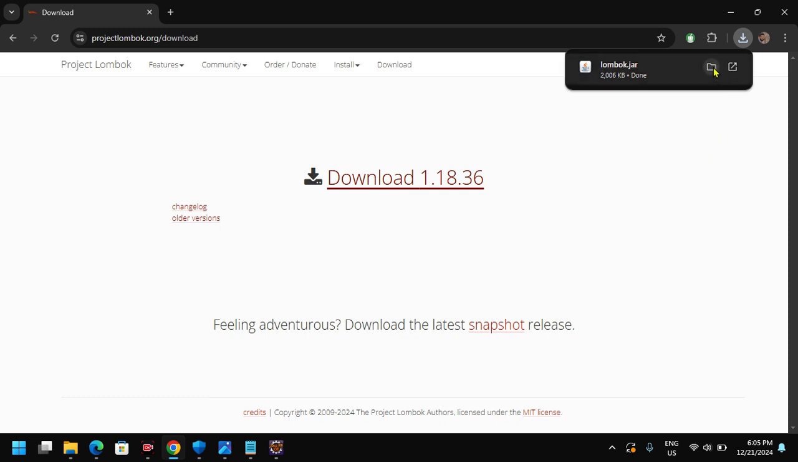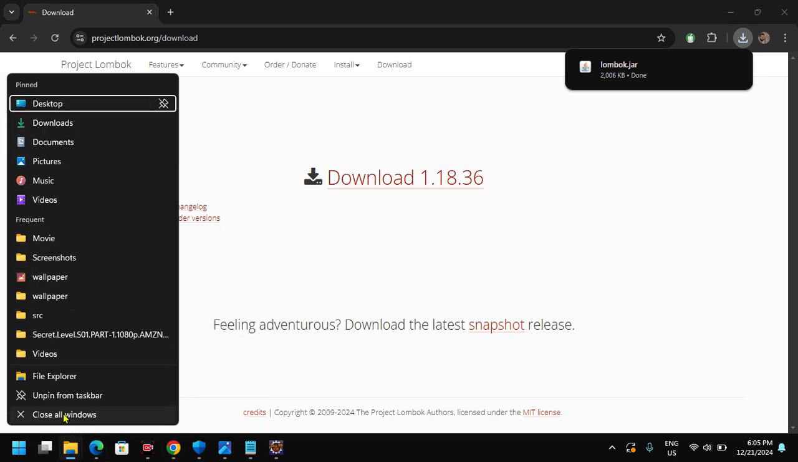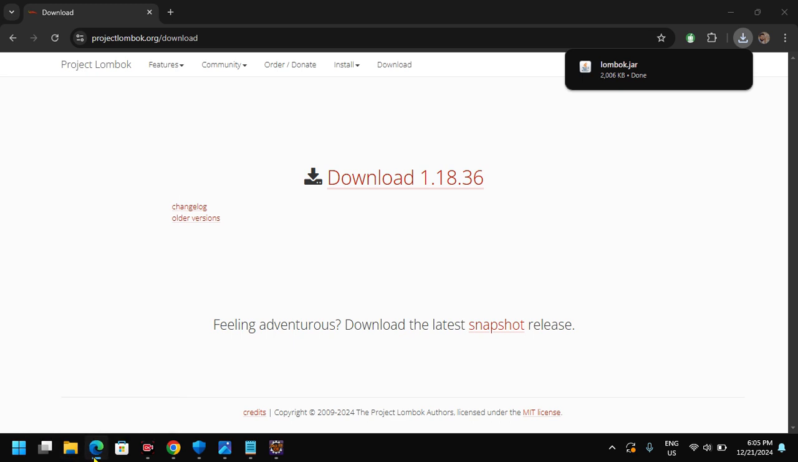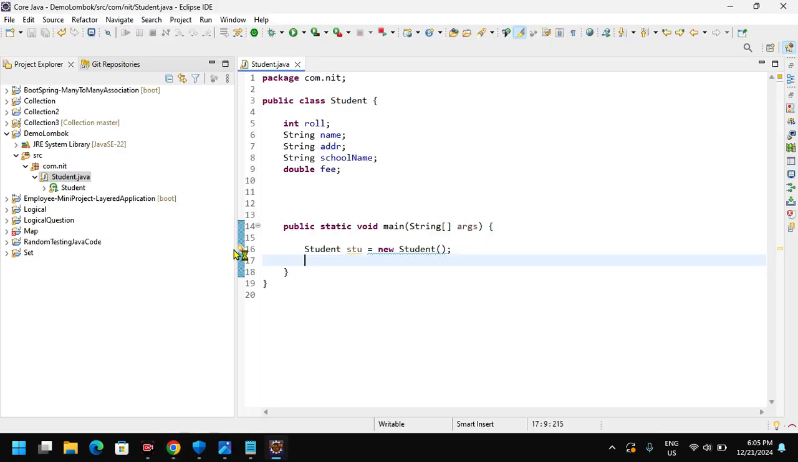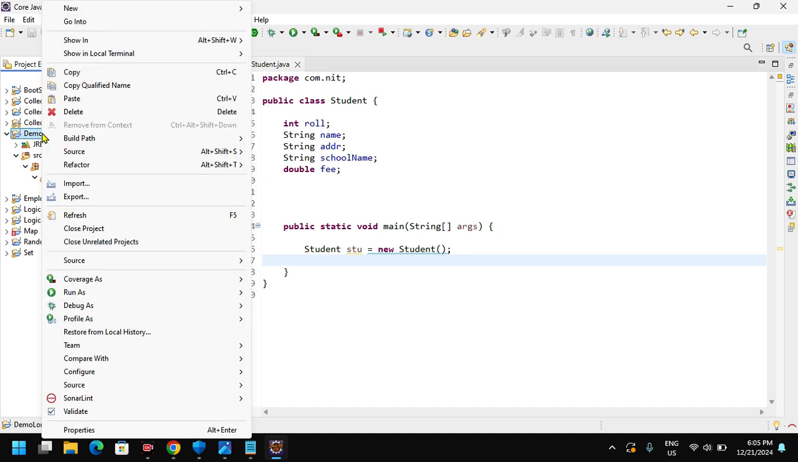This is downloaded in my download folder. Okay, this is downloaded in my download file. So what you have to do? You have to do nothing. Just go to the project, right click on project, and go to the build path. Go to configure build path